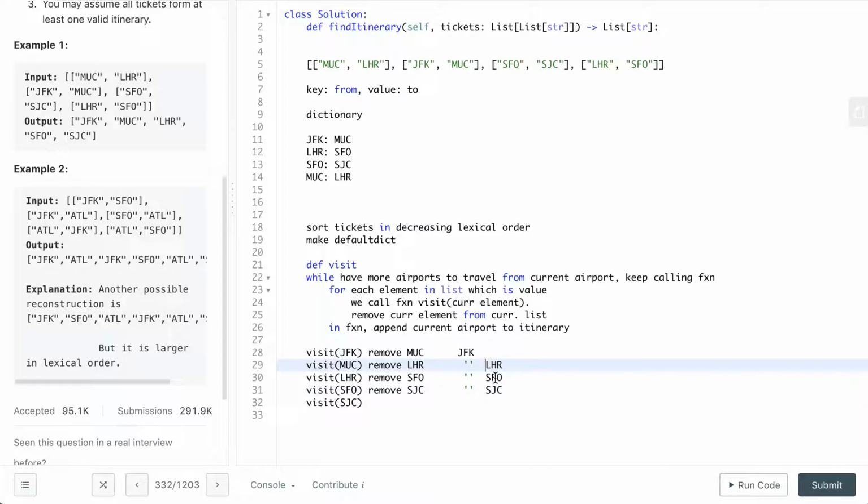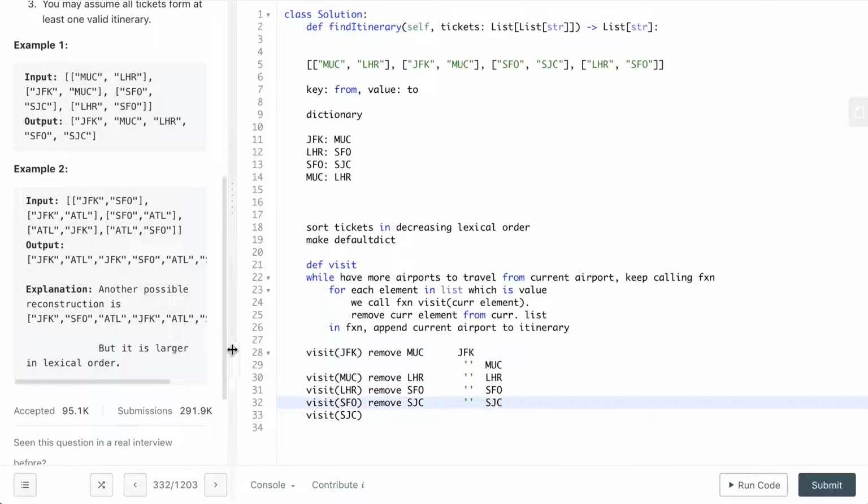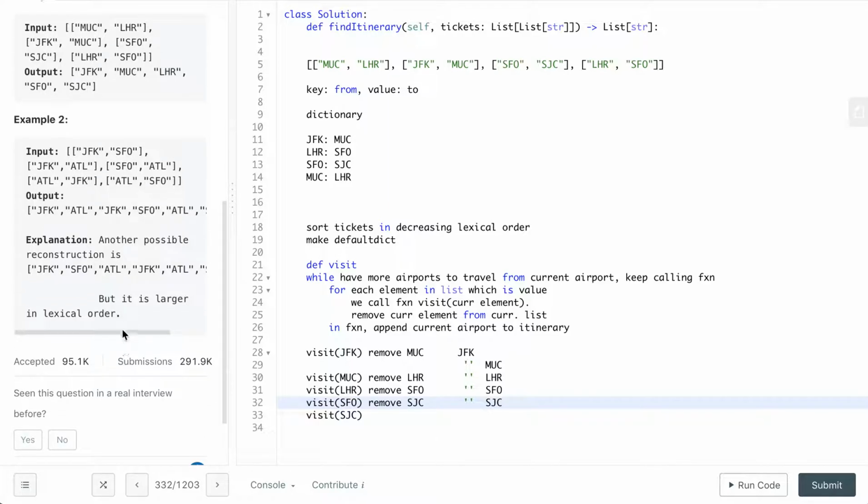Actually, sorry, it should be moved down by one. It should have MUC. There you go. So that will be our final itinerary. It has all these elements. And so the one thing to look at is for this case when we have